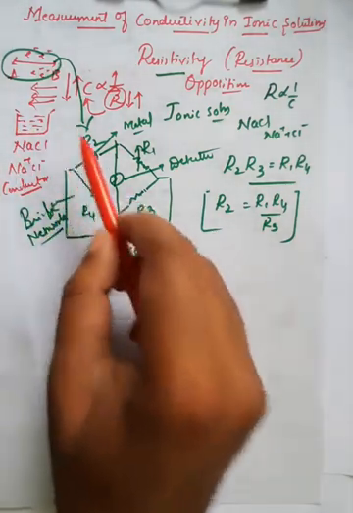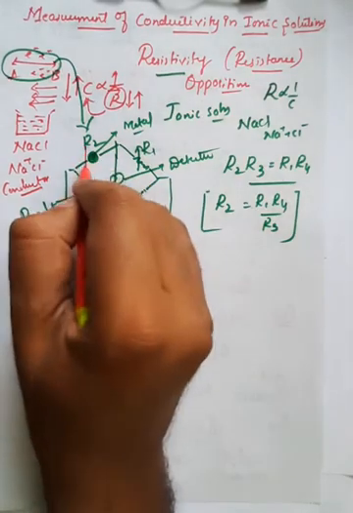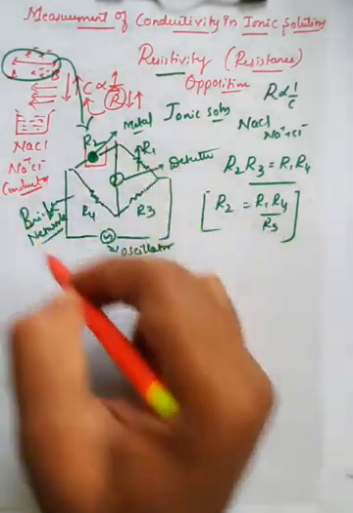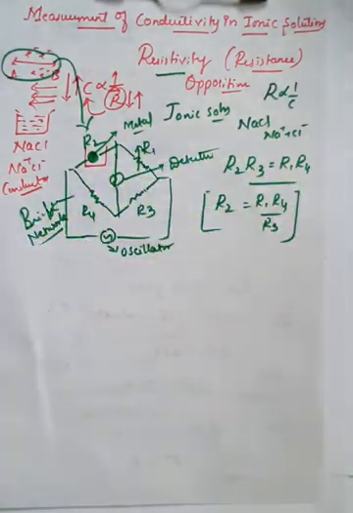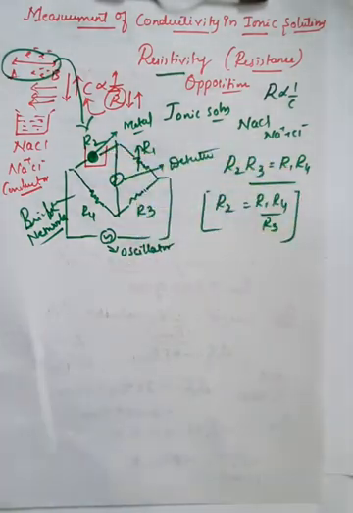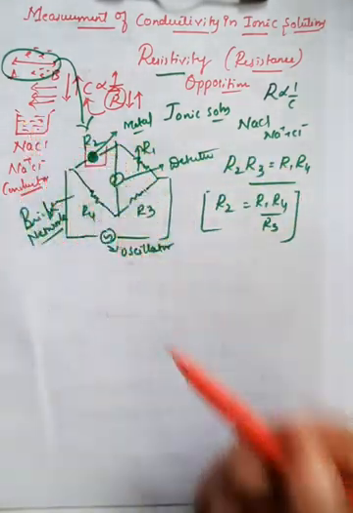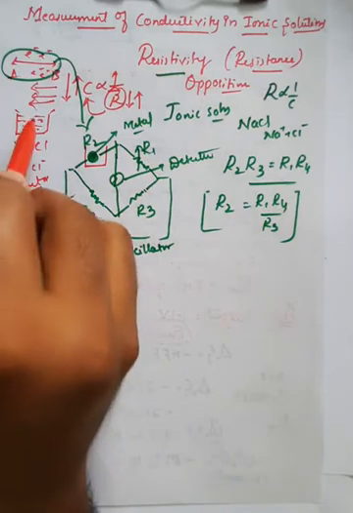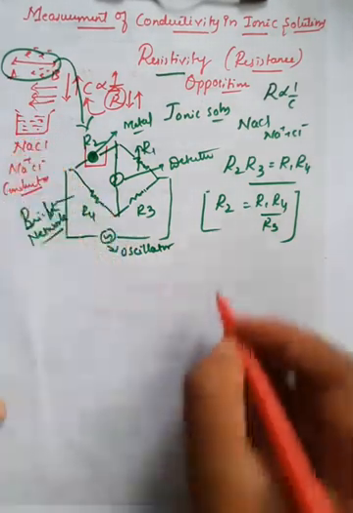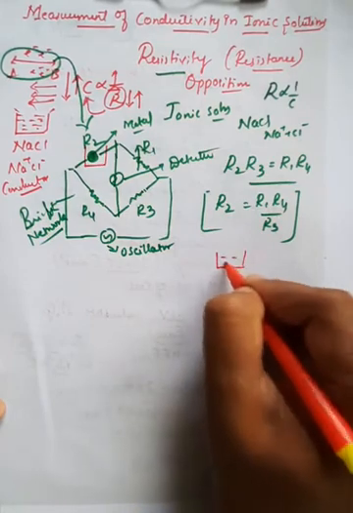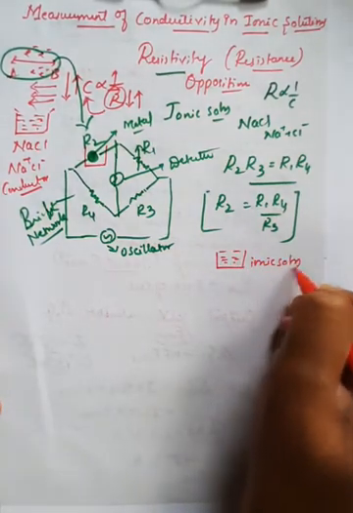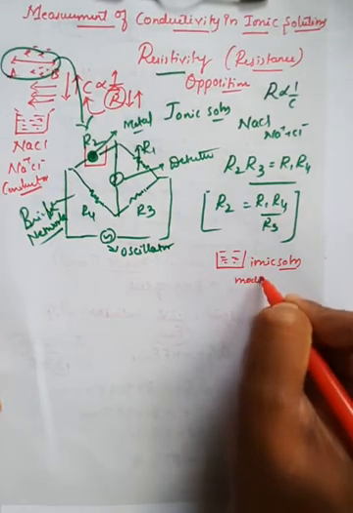Whenever we are connecting liquid solutions, we cannot fix the liquid solution directly. We cannot put the beaker directly into the bridge or the network. Because we cannot directly connect the wires to the liquid solution, we cannot dip the wires directly into the liquid solution. Therefore, we have to modify. Whatever beaker we have taken with the electrolytic solution or ionic solution, this solution is modified.